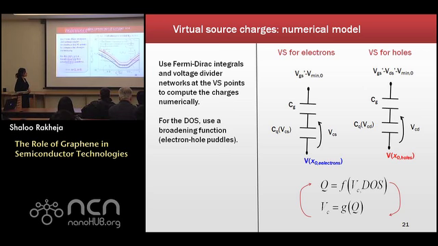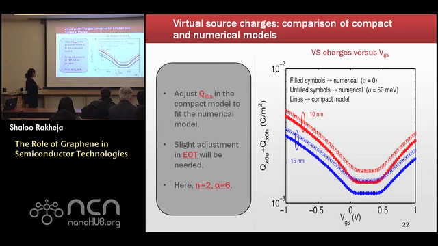I'll show you some comparison results of charges that were obtained using numerical and our compact modeling approach. So that shows the net charges in the channel at the virtual source point versus the gate voltage. We have 4 traces over there. The 4 traces correspond to 2 different values of the equivalent oxide thickness for the gate and 2 different values of the broadening for energy for density of states. So sigma over there is the broadening in the density of states. The symbols have been obtained using the numerical model, and the lines have been obtained using the compact models. It looks very good.